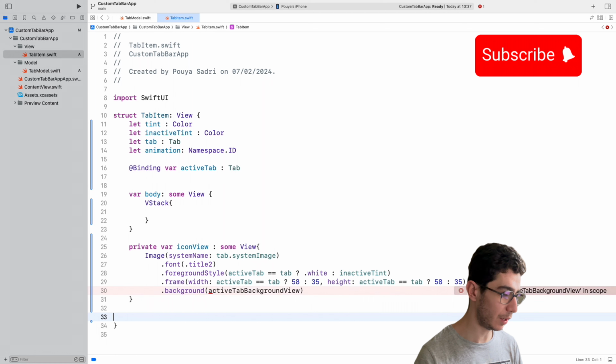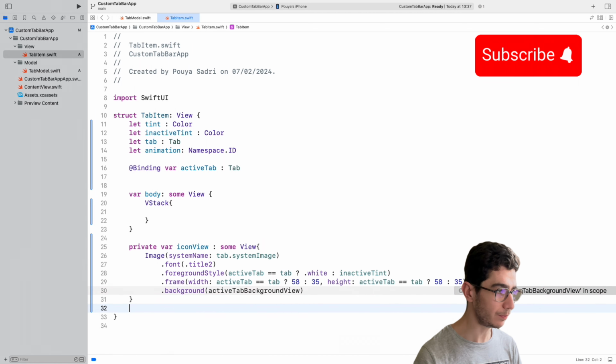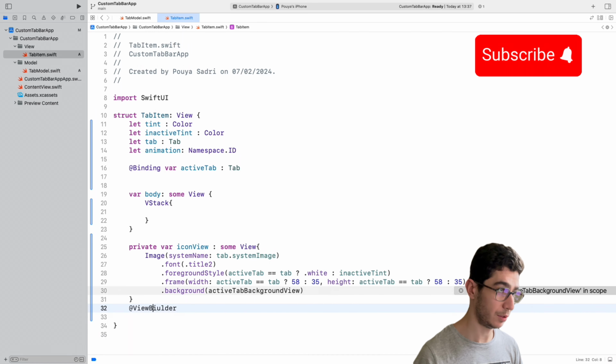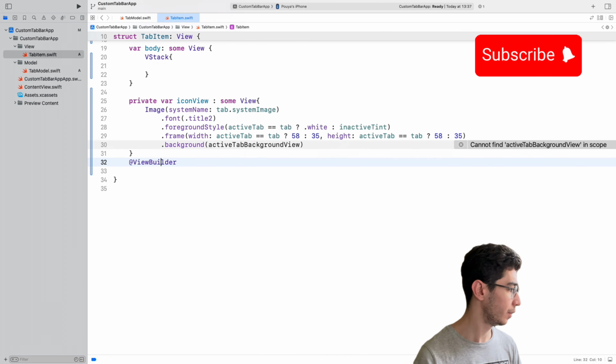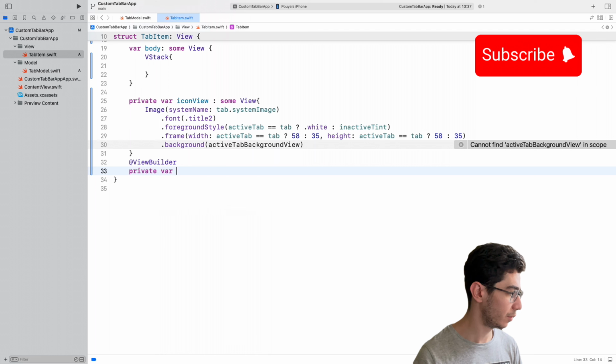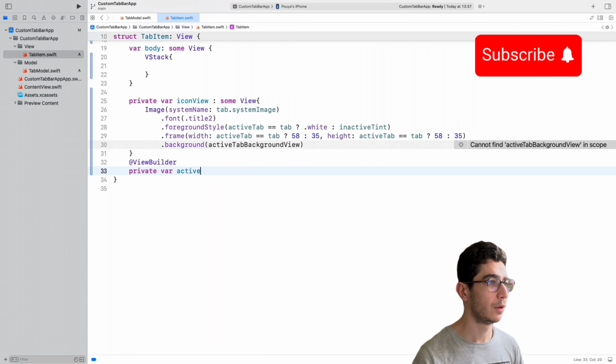And here we go, at ViewBuilder. I can spell that. Yep. ViewBuilder private variable active tab background view, and this is some view,